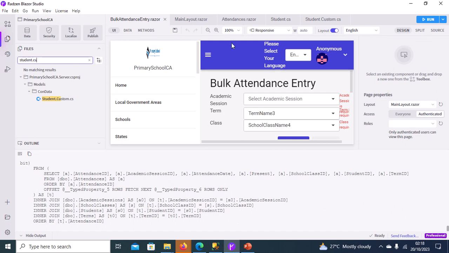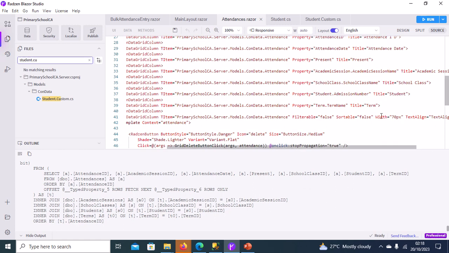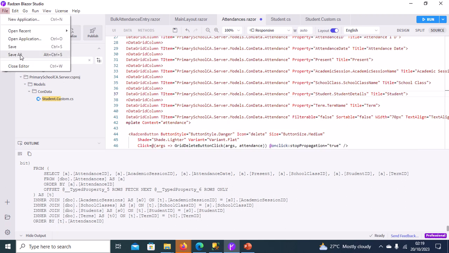So I'm back to attendances.razor. So instead of using student admission number here, I'm going to use StudentDetails. So property is StudentDetails. So I'll go to file, I'll click save all,